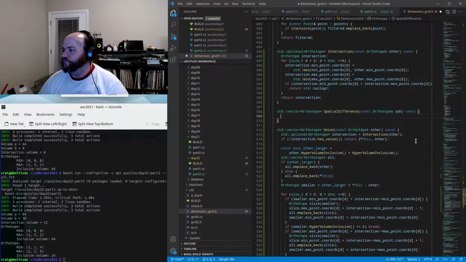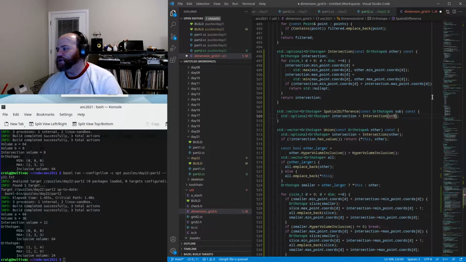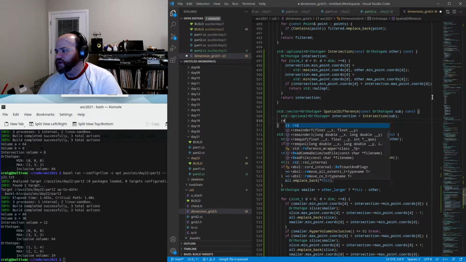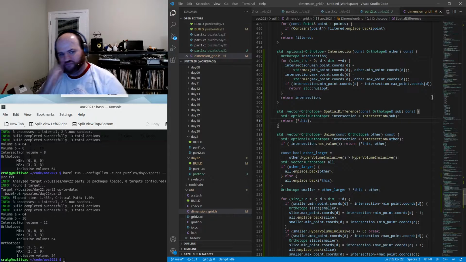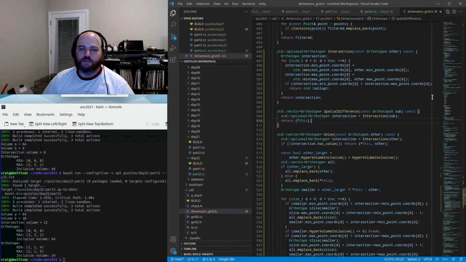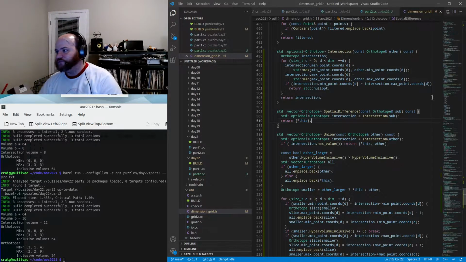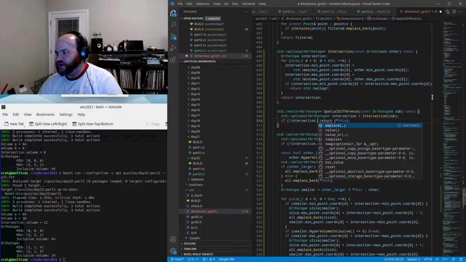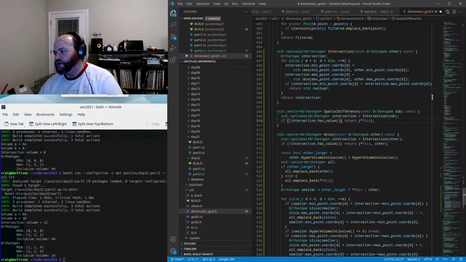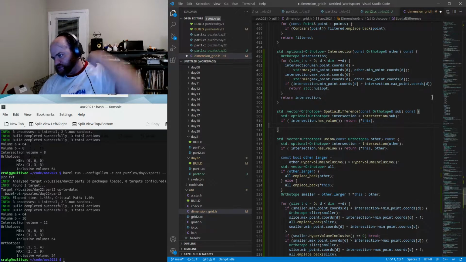First we're going to compute the intersection here. And if there's no intersection between the two of them, then we are just going to return this as is, unmodified. No need to mess about with it. But if there is an intersection, sorry, it should be: if not intersection dot has value, return this. Otherwise,